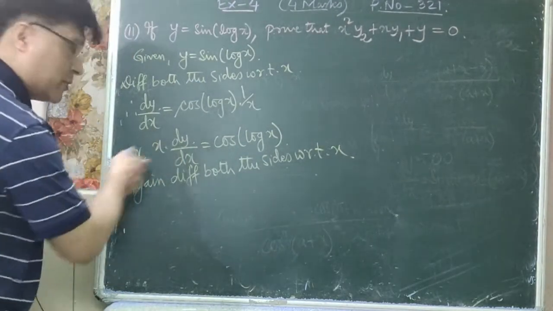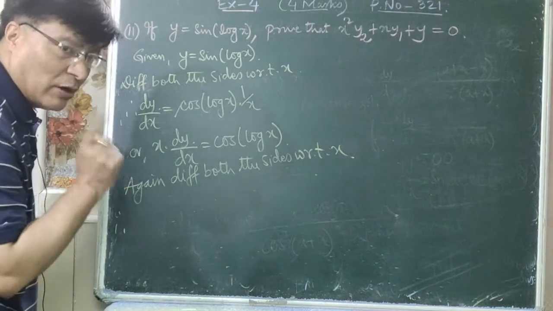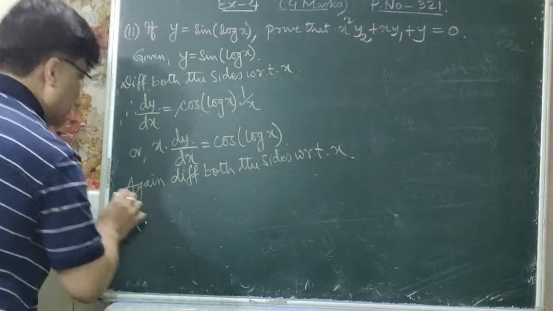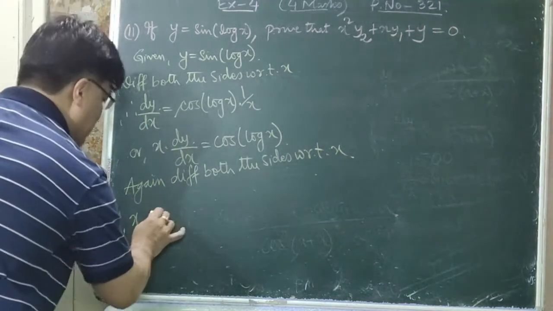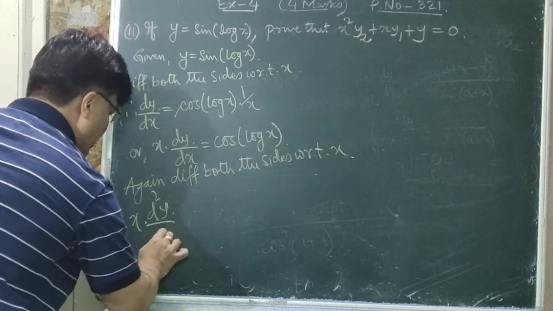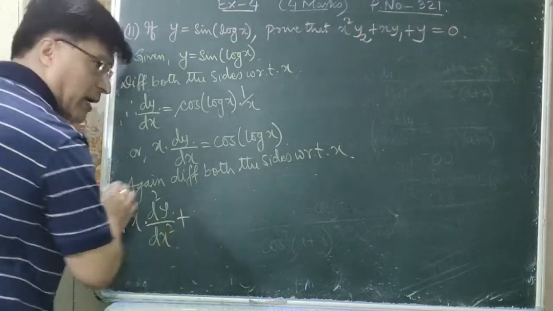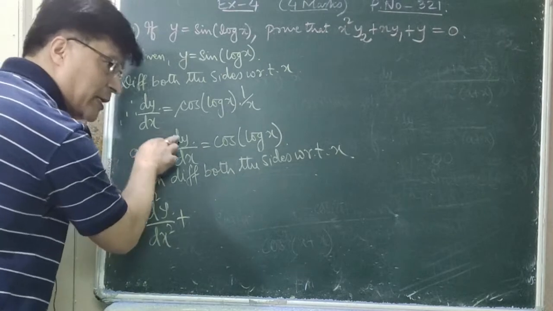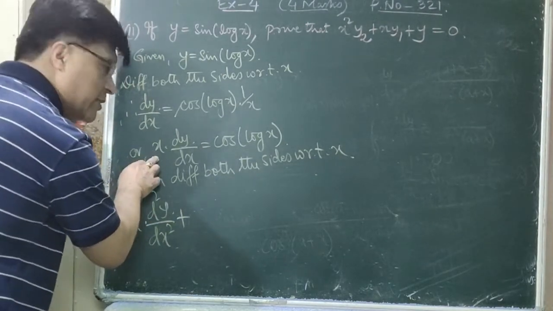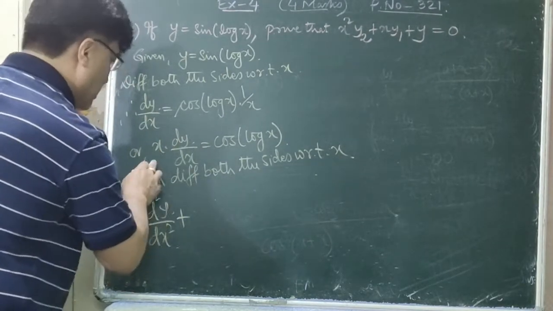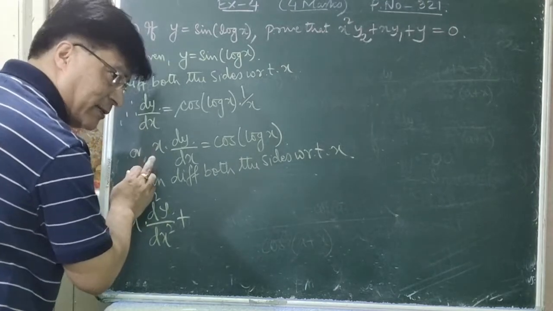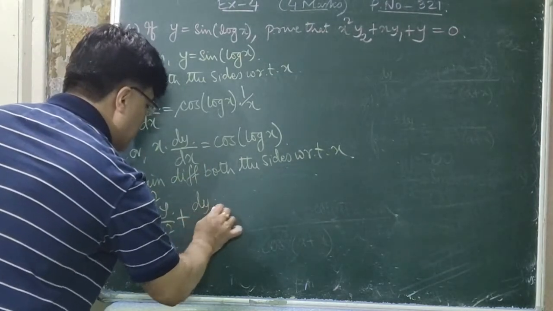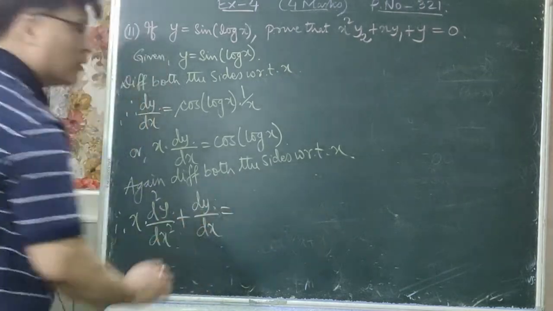Both are variables. So now you know the UV rule, isn't it, or product rule. x is kept as it is. Differentiate dy by dx with respect to x, d2y by dx square, plus now differentiate x, keeping dy by dx as it is. What is the differentiation of x? That is 1, and dy by dx is kept as it is, which is equal to